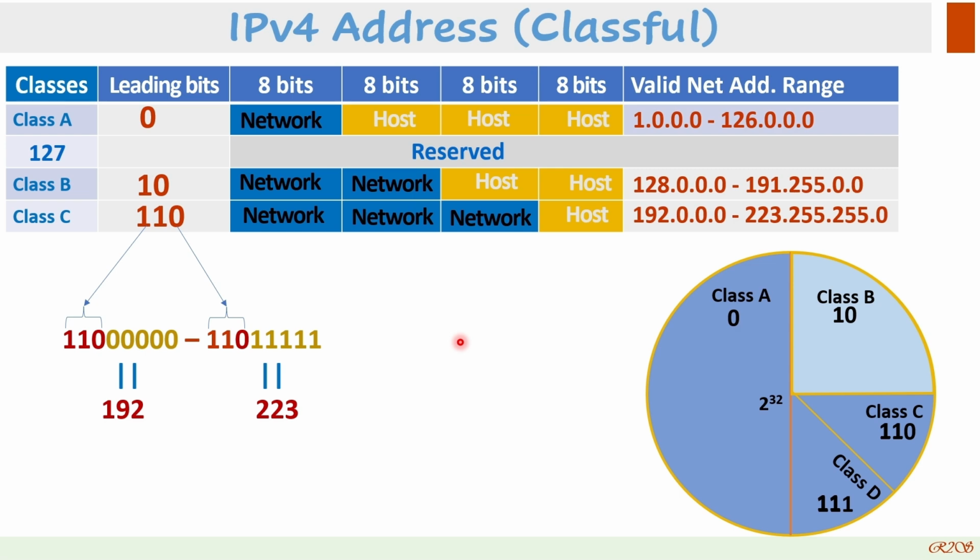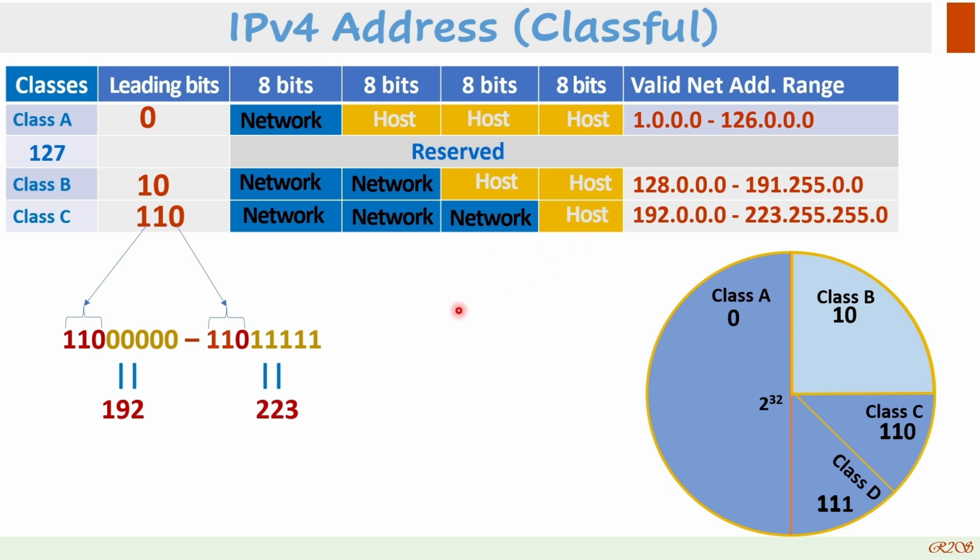So again, class C has 3 leftmost bytes for the network address. So we are getting 2 to the power 24 networks in class C, and the host address is only